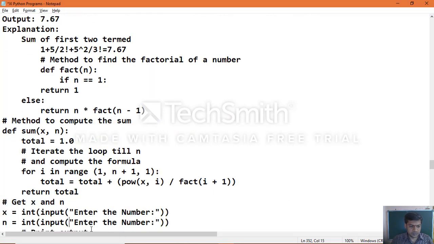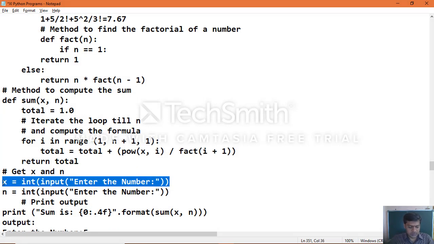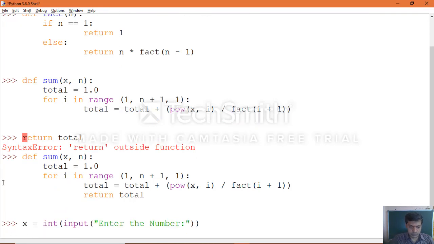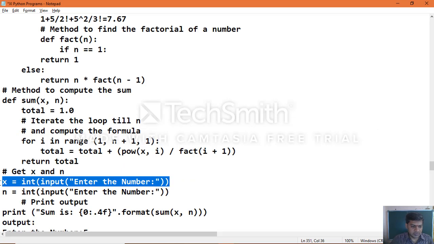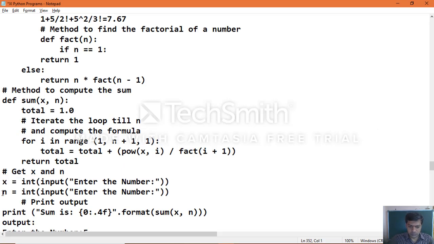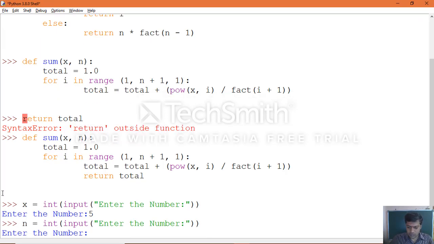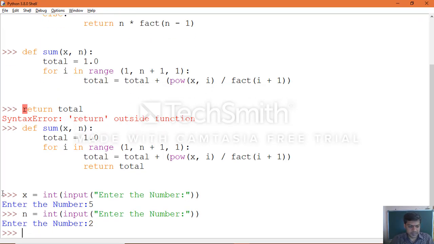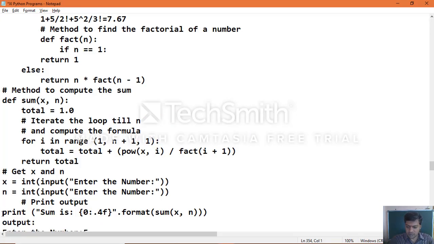Now let me give the inputs. The x value is asked, for example, 5. Then in the same way, read the n value, 2, which means 2 terms will be calculated: 5 to the power of 1 and 5 to the power of 2.